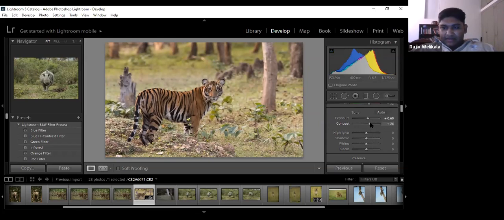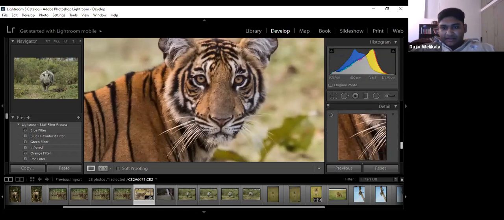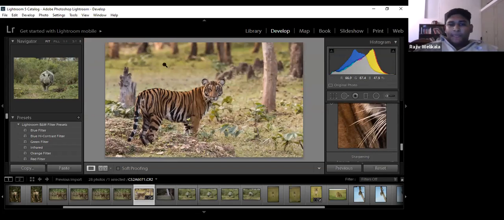contrast a little bit more than I would do in a normal light situation, and keep it as natural as possible. I wouldn't even work on the saturation because it might go a bit off. So just go a little bit on the clarity. It's not very sharp, but what you can do again in Lightroom, if you want to sharpen just the animal and keep the rest as it is,